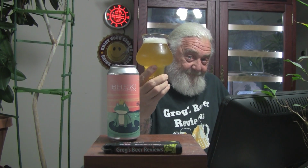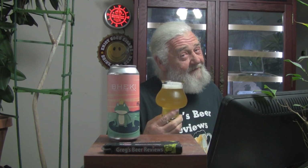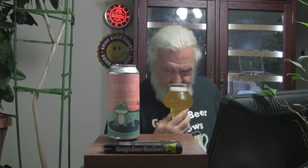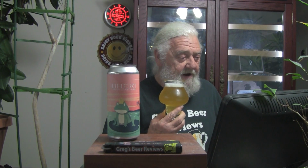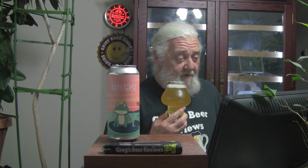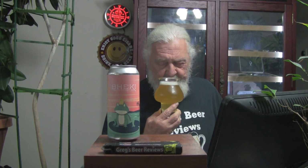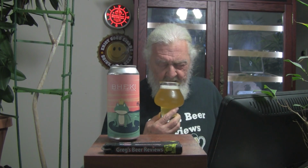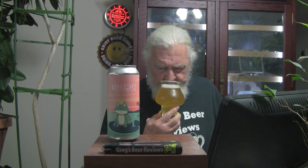To the nose we go. A lot of hops in here, so I'm expecting something good on the nose here. Yeah, that smells pretty good. For four different hops, and Citra and Mosaic are two of my favorites. And a Cryo Mosaic should be even more intense than that. A little bit of grapefruit, a little bit of pine. A hint of some, I want to say,